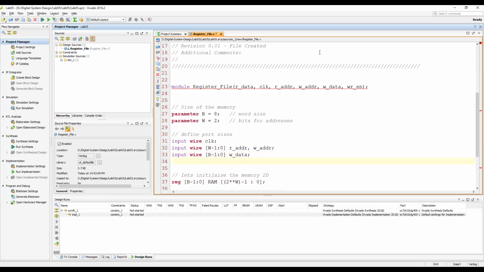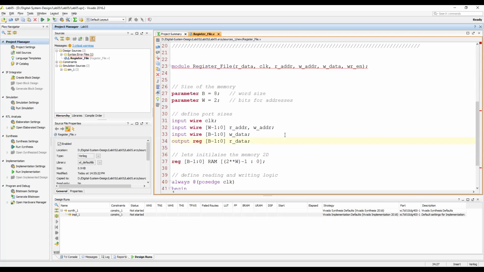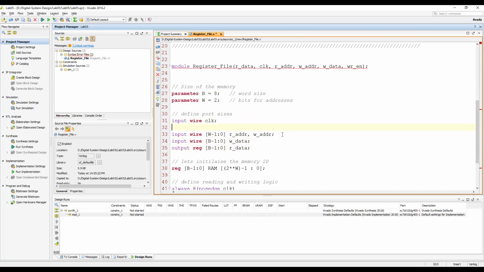The read data will be an output port, the data we are reading from the memory. Since we are doing it in the always block, it will be a reg. So I will do it in the always block rather than in data flow modeling. So the output range B minus 1, R data. This is the read data, the data we will read from the memory. Right, and then there is an enable signal input, WR enable.